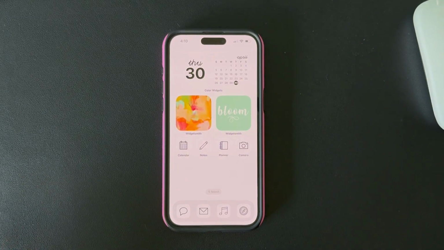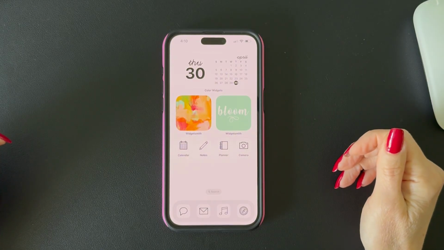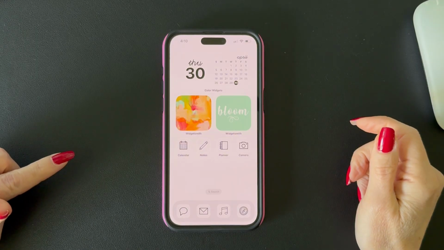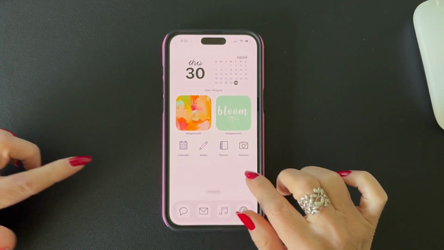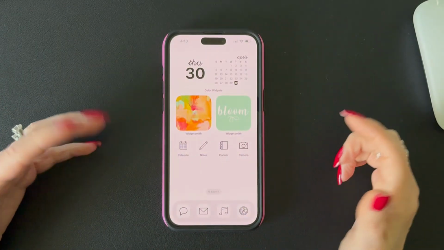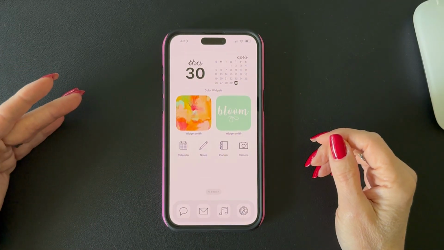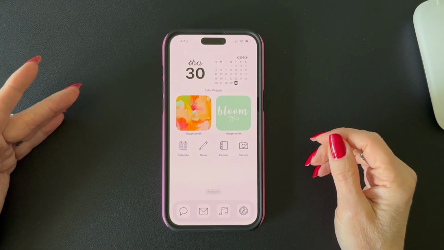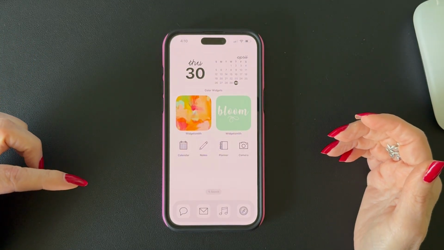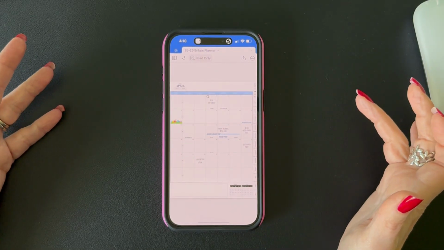Hi guys. Okay, this is the final iPhone Goodnotes shortcut video I'm going to make for you. Previously I showed you how to create a shortcut on your phone so that it always opens your Goodnotes planner, because when you have the app, it'll always open whatever you last were using. But a lot of times, like for me personally, I like to just go right into my planner if I need to reference something, and I just wanted to create a quick shortcut that would open my planner